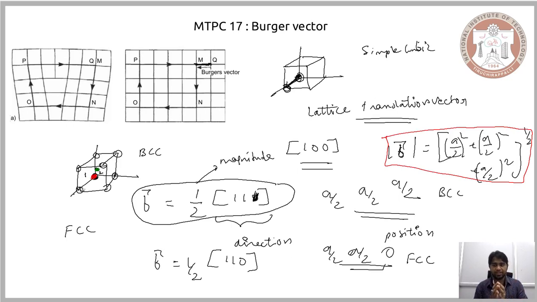So individually we are taking the square of the interatomic distance and then adding all the interatomic distances in all three directions and then taking the square root of it. So what we have seen here is what a Burgers vector can be, a lattice translation vector, and we have seen how one can represent a Burgers vector having both the component of magnitude and the component of direction.